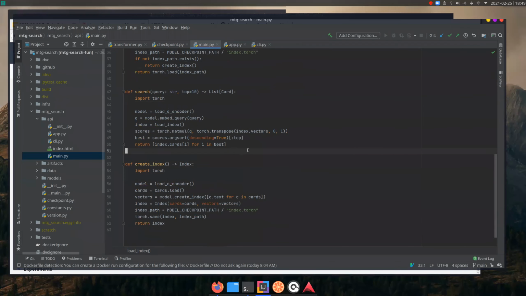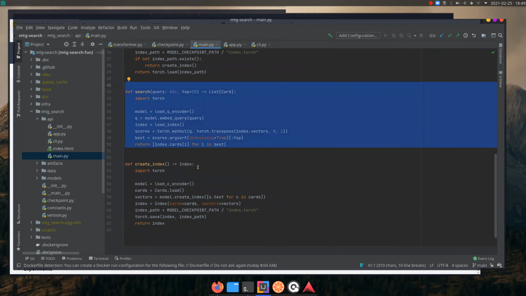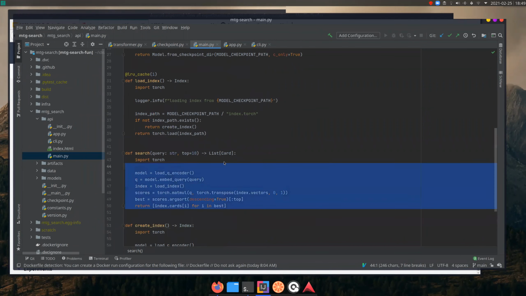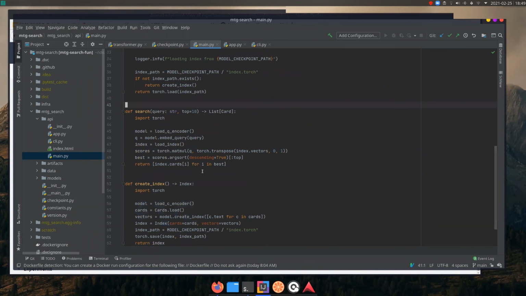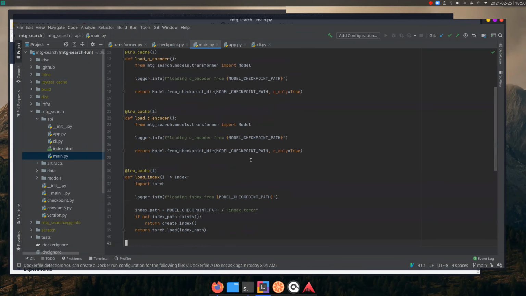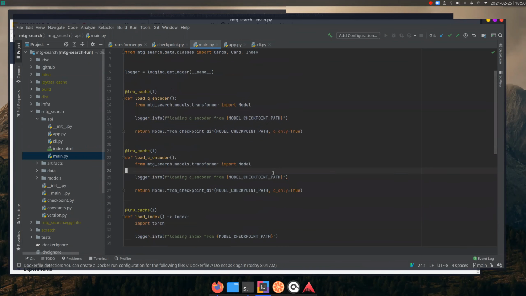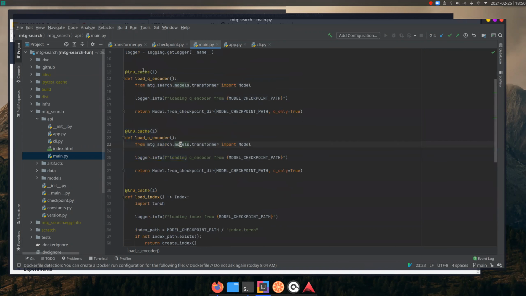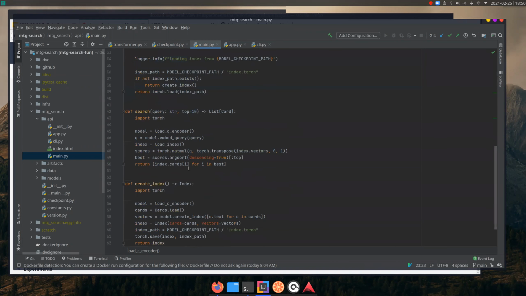Fundamentally, we're going to want to search. In order to search, what do you need to do? You need to be able to create an index. You need to be able to load the query encoder. The query encoder is the card name encoder in this case, and the context encoder is the rules text encoder in this case. So you need to be able to load your models,